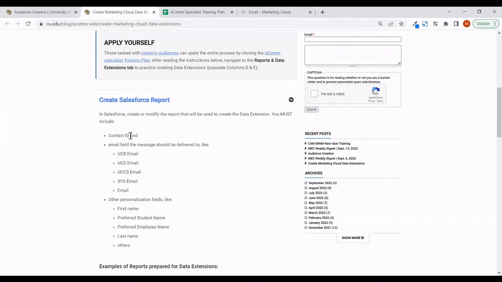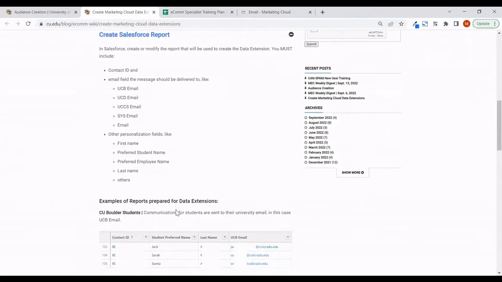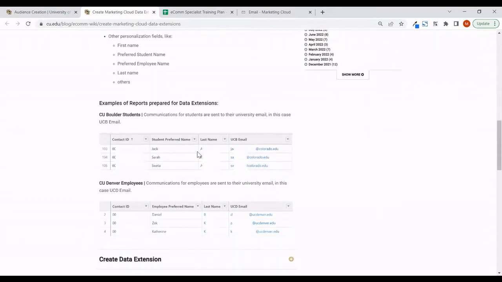That same thought process, creating your Salesforce report to prepare it to become a data extension, requires a couple of items. The first is having a contact ID column present. The next is having the email field that you want to target as a column in the report. So in the example I just mentioned, we would want to use the UCB email. It's also important to include any other fields you might use for personalization in the email, such as a first name or preferred name. And we have examples of what a report might look like if you are targeting CU Boulder students,